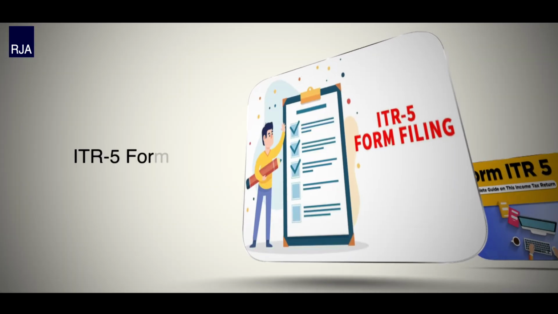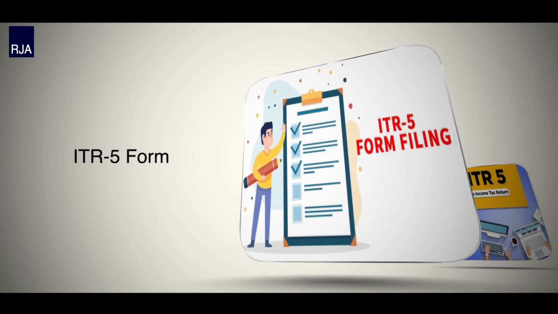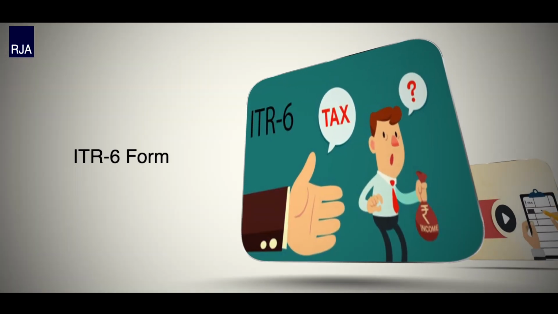Next we come to the ITR5 form. So what is ITR5? The ITR5 form is meant for firms, limited liability partnerships, association of persons, body of individuals, artificial juridical persons, estate of deceased, insolvent, business trust and investment fund. So an individual, HUF or company filing ITR7 cannot use ITR5. Next comes the ITR6 form. The ITR6 form can be used by companies that are claiming exemption under Section 11, that is, whose income from property is held for charitable or religious purposes.